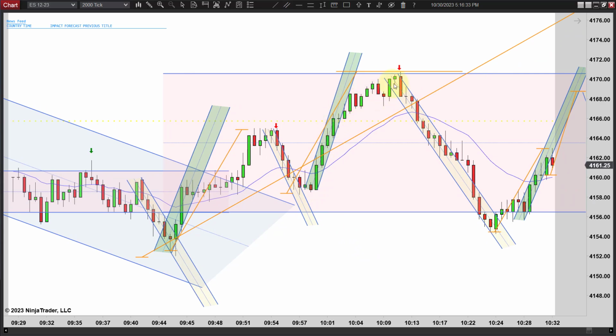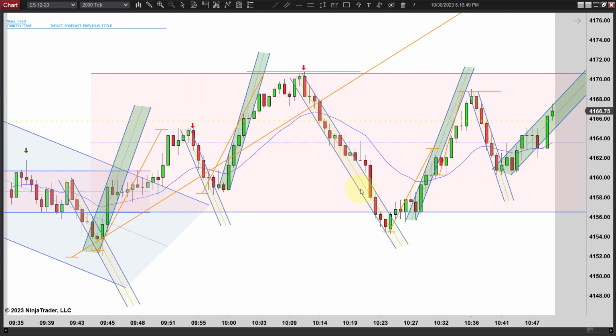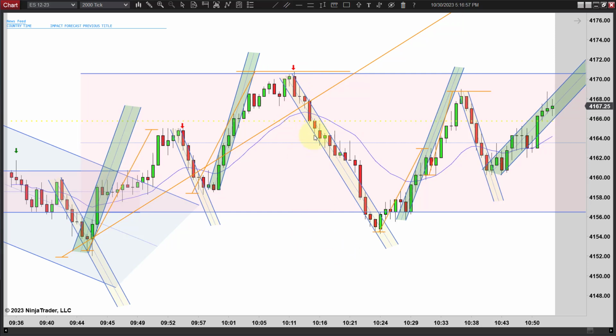You do get a close outside and two legs up here, and that's two measured legs up, a perfect measured leg. It breaks higher and fails and turns down. I don't think I'd trade that on the engulfing bar, but I wouldn't have any problem going short right there. You don't know it's going to take off like that, but you're expecting it to give you a little trend down, at least come back to the EMA. You do get a close outside. It's kind of questionable, but a move to a new low.